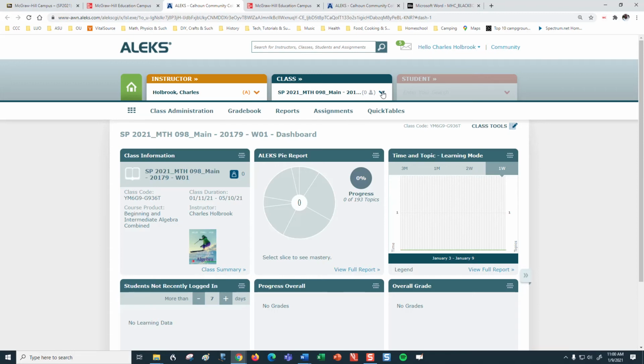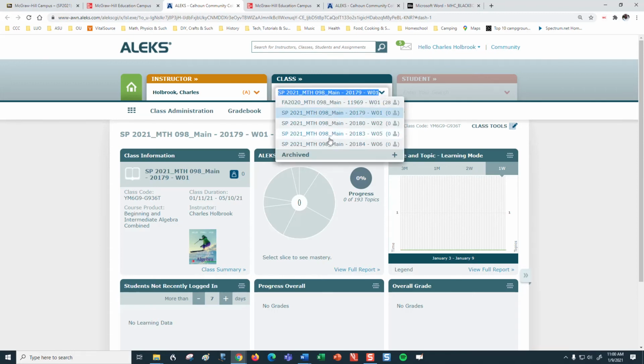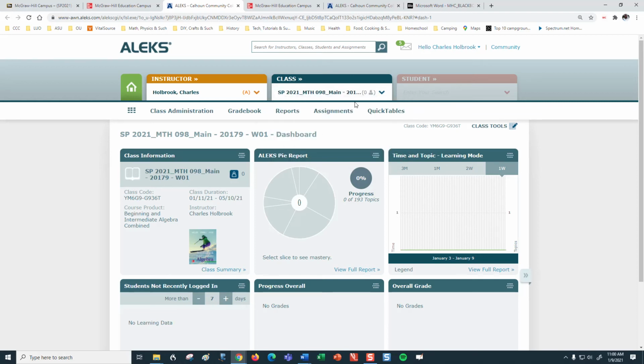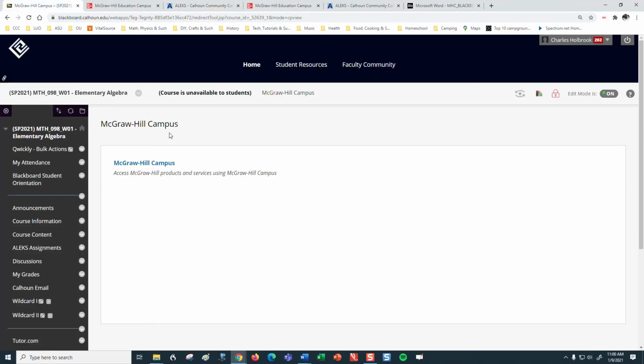And you will still be able to access all your classes once you're in ALEKS. The reason I'm doing this is to link the gradebooks between ALEKS and Blackboard. So make sure that you pair your course and make sure that you talk to your students about what they need to do. Obviously, their process is a little bit different. So back to announcements,